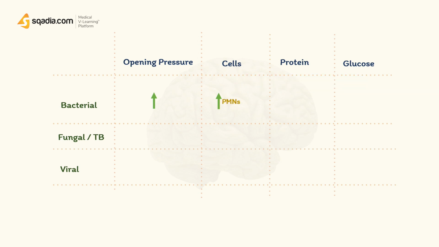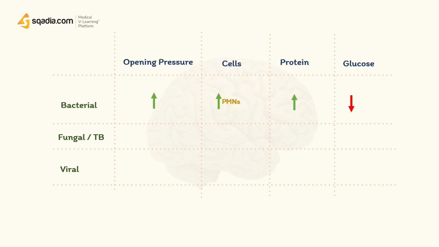Now, high levels of protein, which is due to the bacterial infection, makes the blood-brain barrier more permeable because of the inflammation. And proteins leak into the subarachnoid space from the blood, and that is why we see a high level of CSF protein. Next, we see less glucose, and previously it was thought that the bacterial cells use up the glucose in the CSF, which causes the low levels of glucose. However, that theory was disregarded, and recent studies are exploring possible blood-brain barrier changes during bacterial meningitis, which limit the